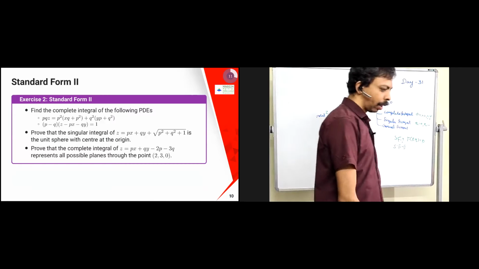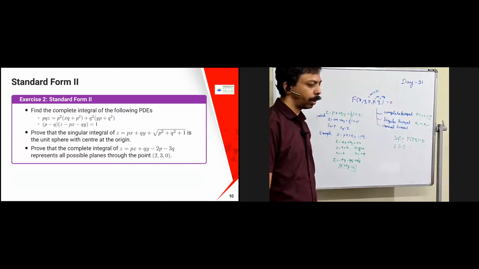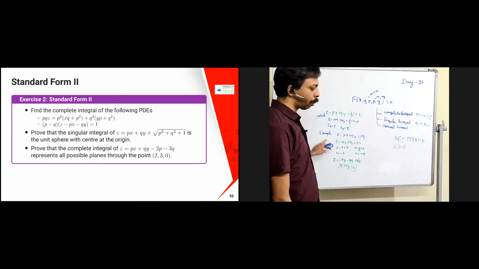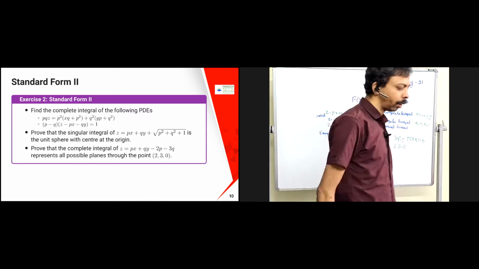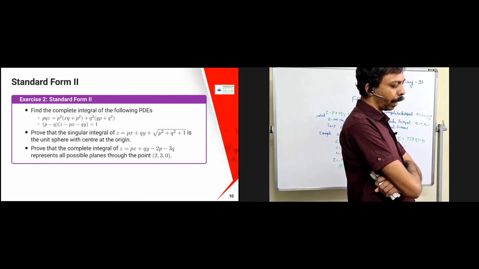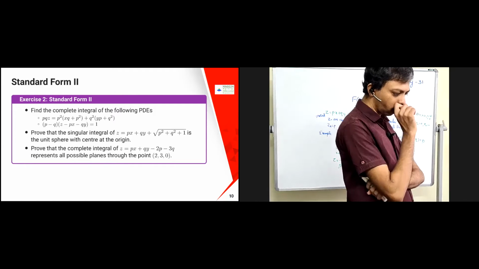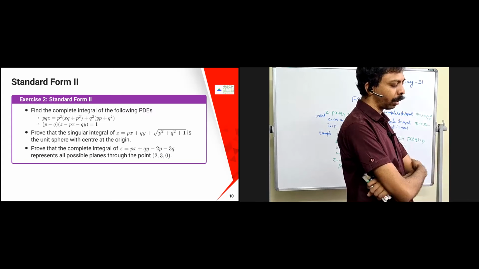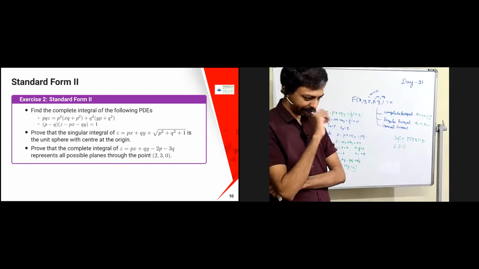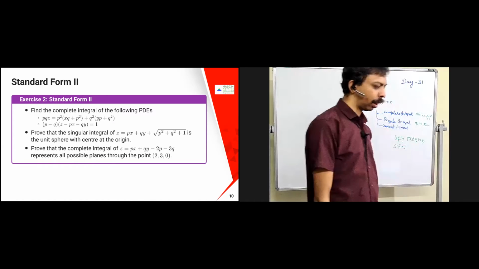So these are some of the exercises where you can just solve this one: pq is equal to p squared. What you need to do is bring that to this format. Suppose you divide by pq. Then the first equation will become z equal to px plus some term, and then the second term qy will come. The remaining things you can just put as a function of q form, and then you can solve the same. So these are some of the exercise problems which you can solve.